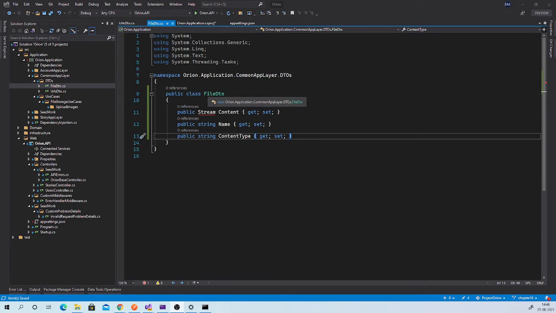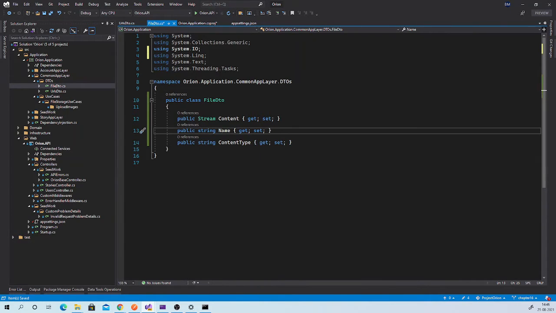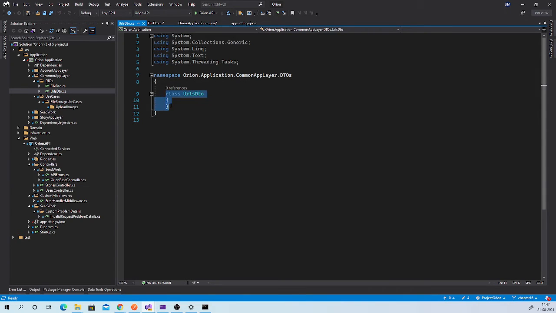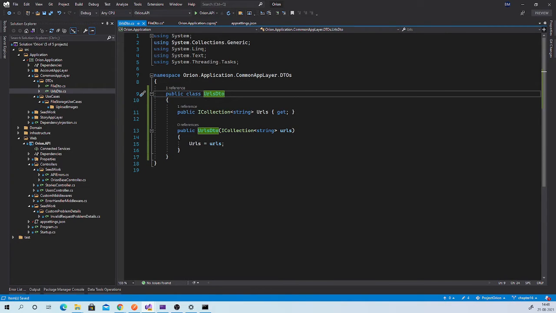File DTO class should look like this. It has a content property of stream type. Let us resolve this by importing the proper namespace. Then it has a name property, which will contain the name of that file, and then content type, which will contain the type of file like JPG or PNG. The next, URLs DTO, will look like this. It has a single property URLs, which is a list of strings, and we will be setting these URLs to this